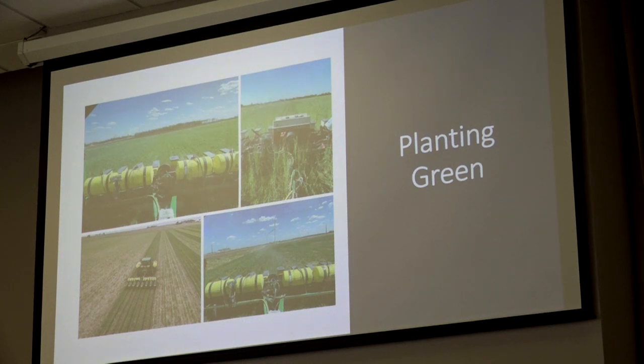Yep. That's a very good point. But then again, that also reminds us that we're extremely dry this spring and we have emerged weeds. They're going to be the same way. So we need to catch them smaller. Smaller than